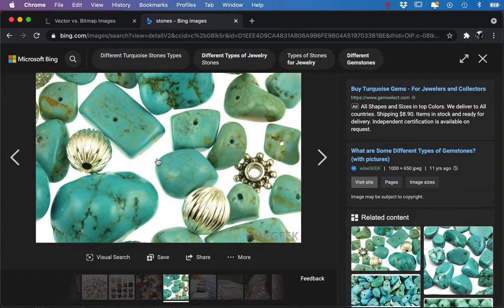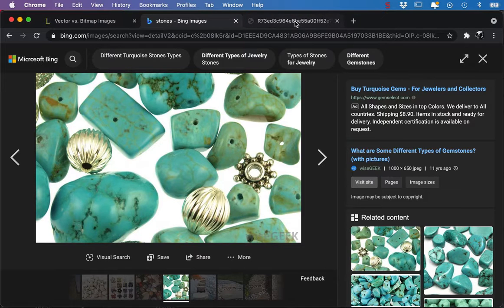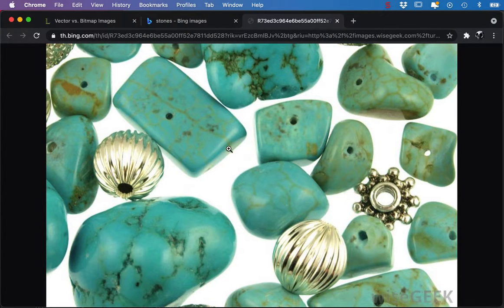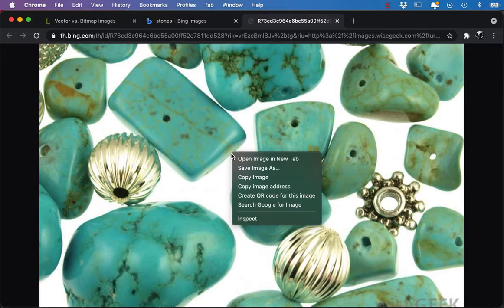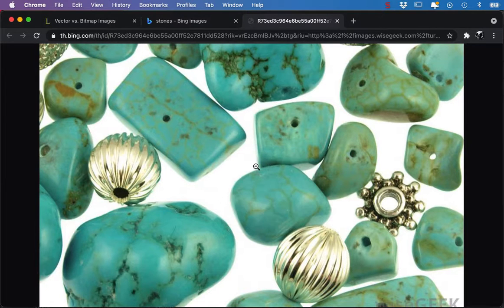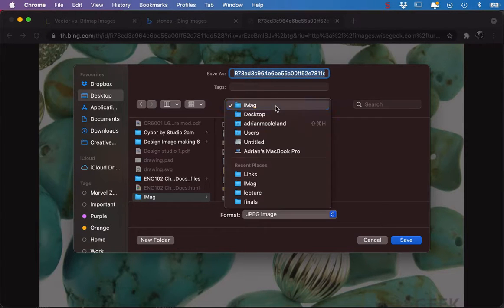Once we get it here, I can control click on the image and go open in a new tab, because if I get the image from here, I'm not necessarily getting the full size one. I'm getting a kind of preview. Click on that tab, and now you can see I've got the plus. Click on that. So now I'm getting a fuller image. If I control click, save as,